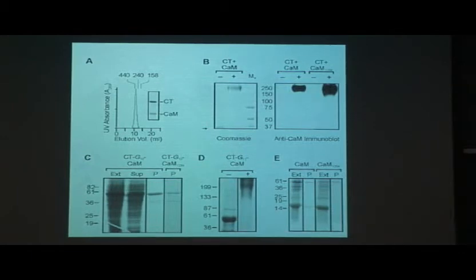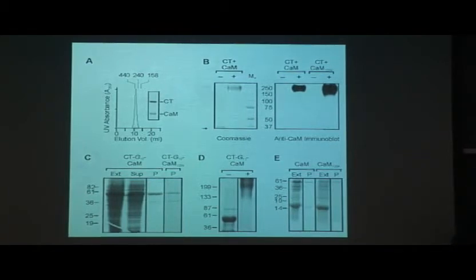Now this is intriguing because it's been known that the assembly domain for KCNQ1 channels is within the C-terminus. So we thought that we've now isolated a soluble, intact assembly domain that includes calmodulin. We know that calmodulin is a part of this because this is an immunoblot showing that calmodulin is now migrating in this higher molecular weight complex.